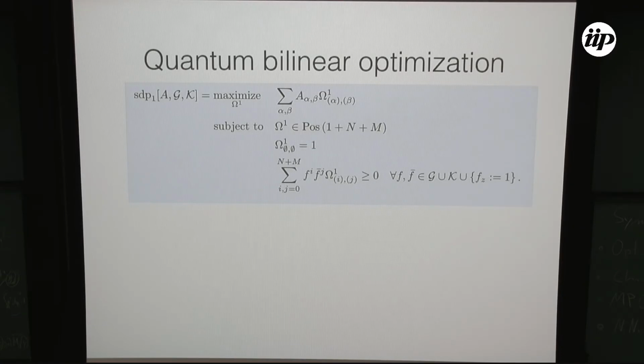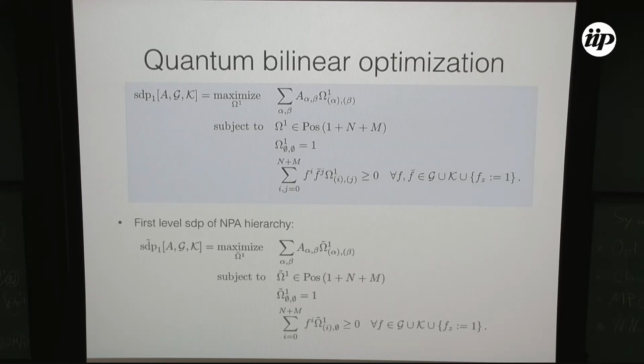Good. And if you now write down this STP1 for this general setting, the STP you get is of this form, and again, it might not be very insightful. So let's compare it to the NPA hierarchy. I hope there's no mistake here, but I tried to write the NPA hierarchy in the same notation that we're using. So this is some potentially different first level STP tilde. Now you can look at these two programs. They look very similar.